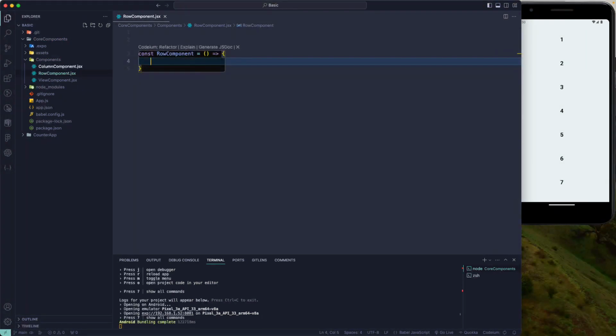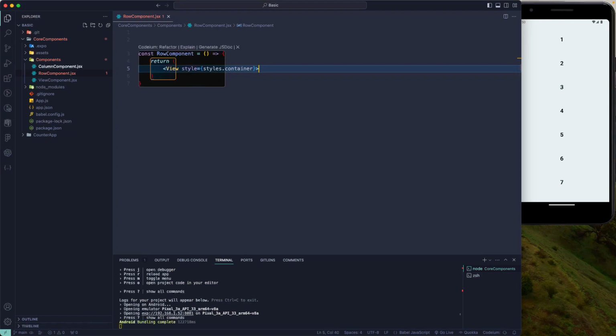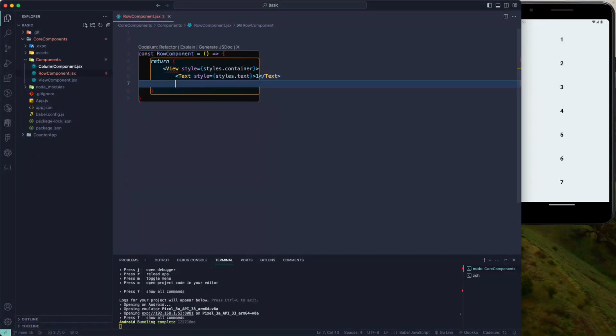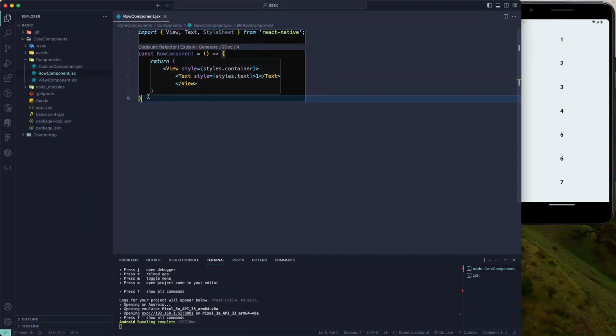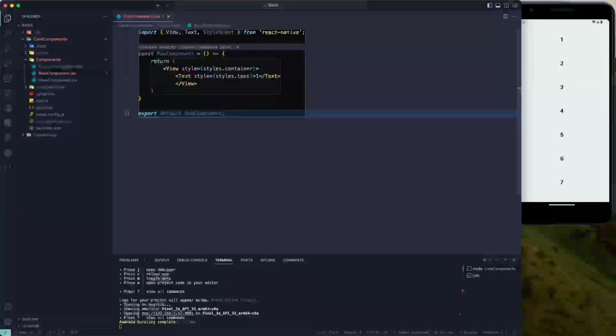Inside this, let us return our view from here. So first of all, let's return a view, and let me add a text over here and close that particular view. We'll import the View, Text, and StyleSheet from React Native. And we need to export this one as well, so we'll export the default